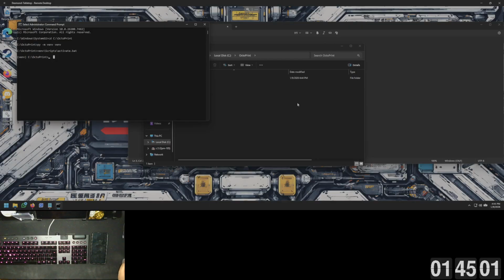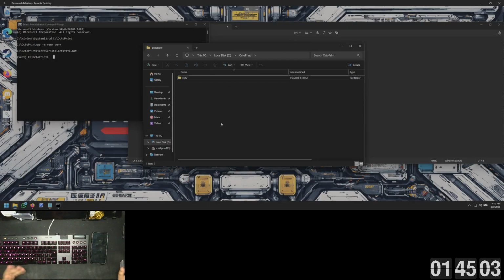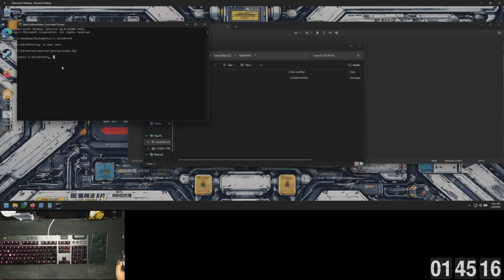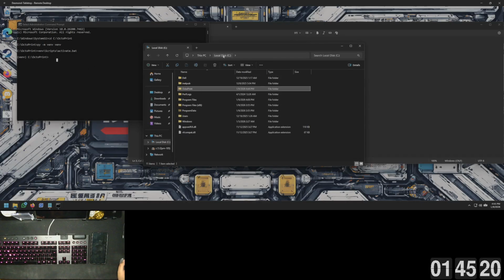You can change the drive OctoPrint is on if you like it on another drive, but every time you do that, be sure you have the right drive. So if you copy any code of mine that says C drive, be sure you put a D or Z or whatever drive instead. So once this is here, this means a virtual environment for this folder has been opened